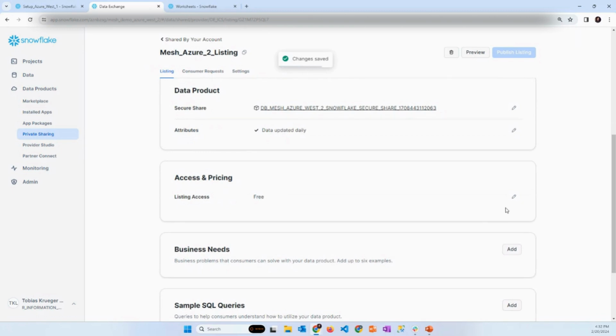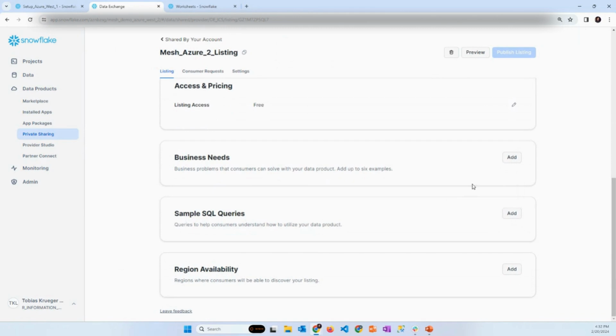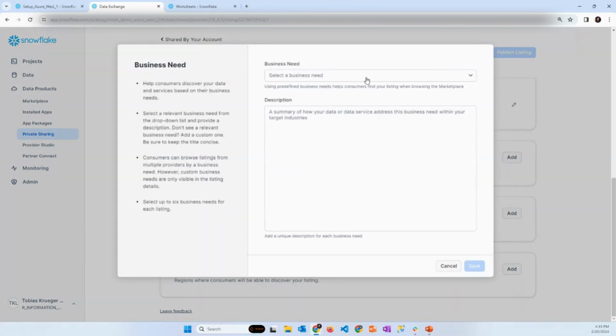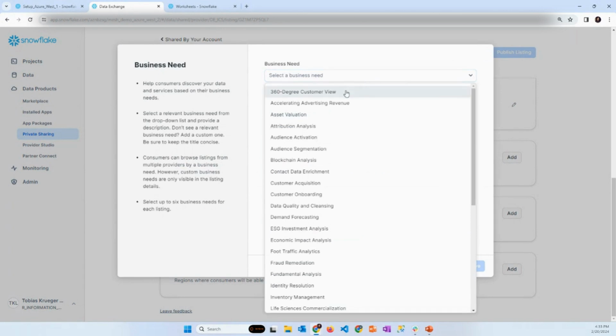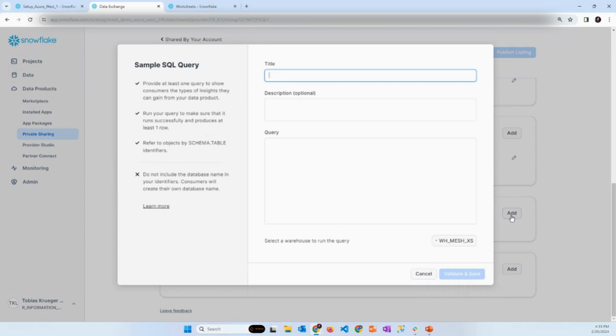And for access and pricing, like I said, we do it for free. We have some business needs that we could fulfill. Let's say we want a 360 customer degree view. What we also have here is a test query.